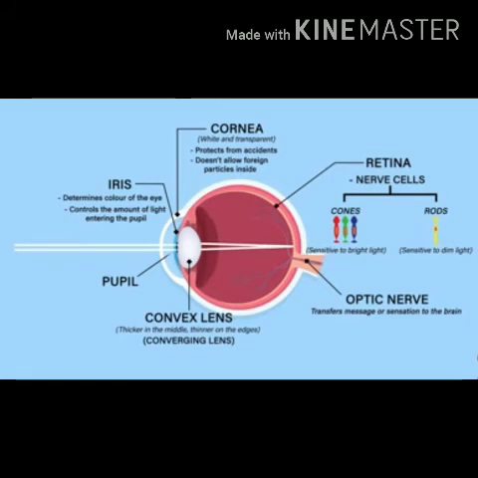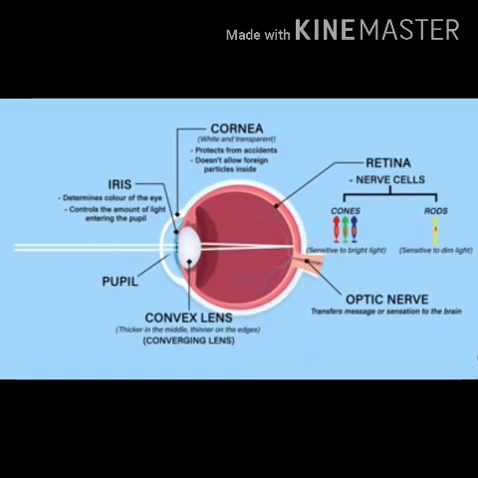Okay. Now this eye lens, just as I told you, its function is to focus the light on the back of the eye on a layer called the retina. Now what is the retina? The retina is a screen on which the image is going to form in the eye. Children, the retina of our eye has a large number of light sensitive cells. There are two different kinds of light sensitive cells, rods and cones.